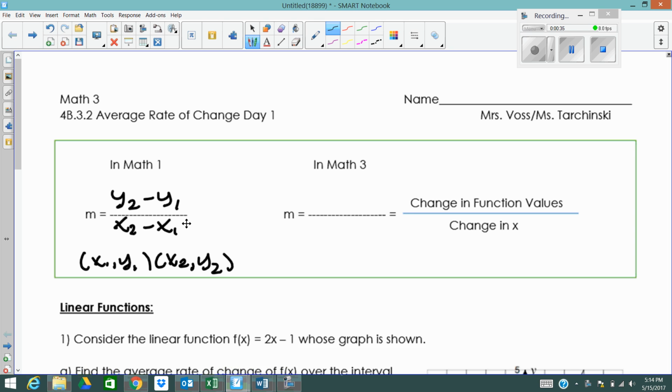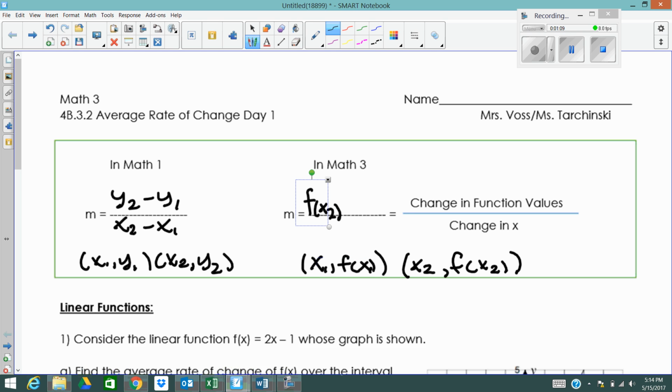Now in Math 3, we're a little bit more savvy with function notation, so we know that if x is my input, f of x is my output. Same thing, if we make this point be x1, then the other one, if x2 is my input, then f of x2 is my output. So if we write the slope formula in function notation, it's f of x2 minus f of x1